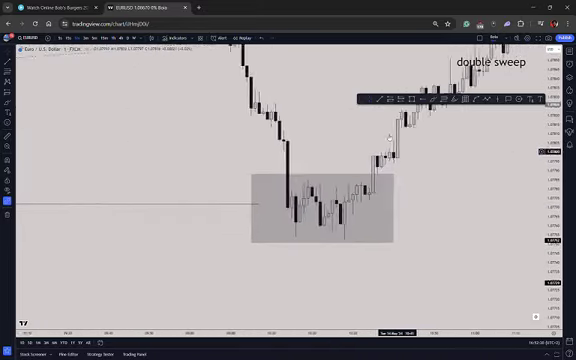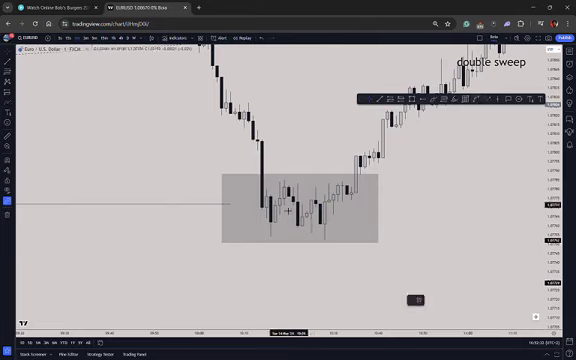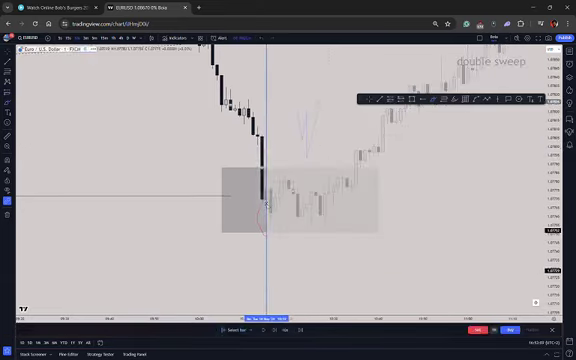What we can see is that price swept the inducement liquidity, pushed up for the initial reaction, pushed down again, and then broke structure, like so. You see, after the first two sweeps, we had our double sweep here first of all, but price broke structure. Now with this double sweep happening, if we use the replay tool,